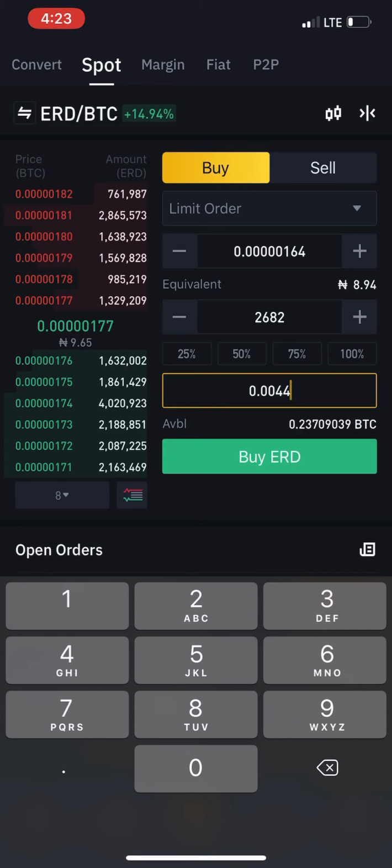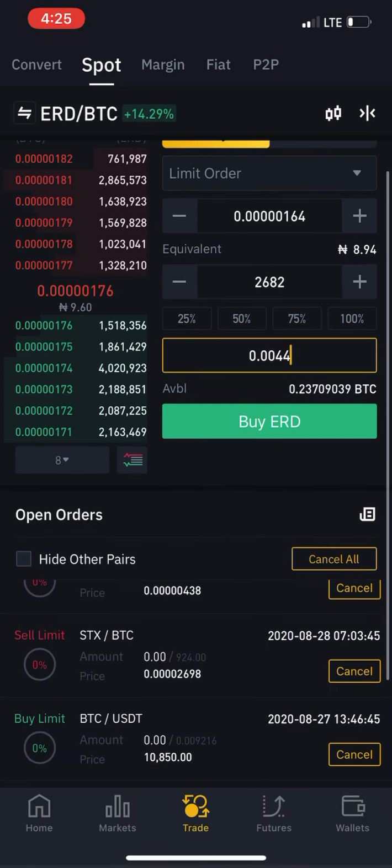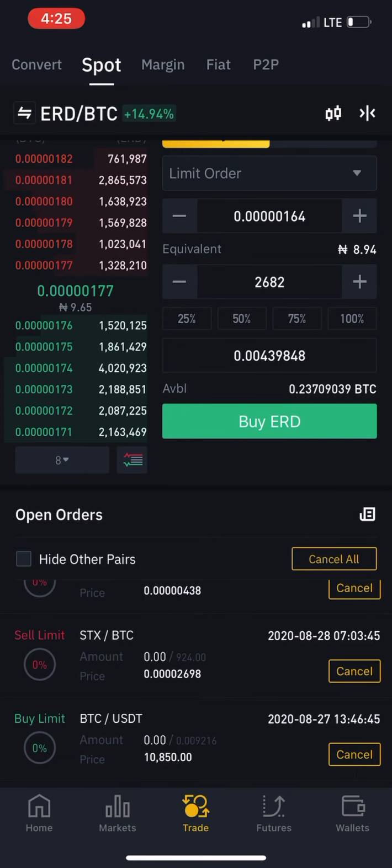So all you have to do is click buy. Whenever you want to buy another coin again, you can come in here again and type 0.0044 BTC to buy your second coin. Remember, if you have $200, you can also use it if you have $100. Do you understand? Because you are using the same position sizing to trade. Are you getting my point? So you click buy. If you click buy now, it will move to